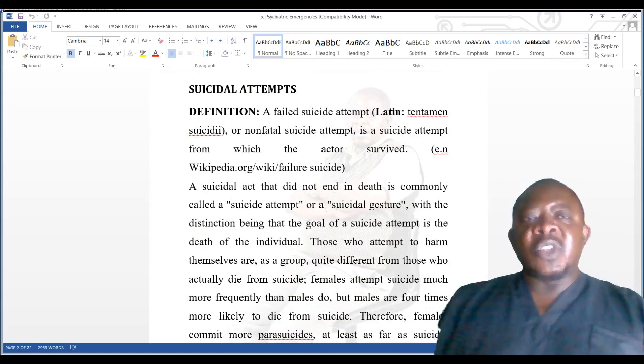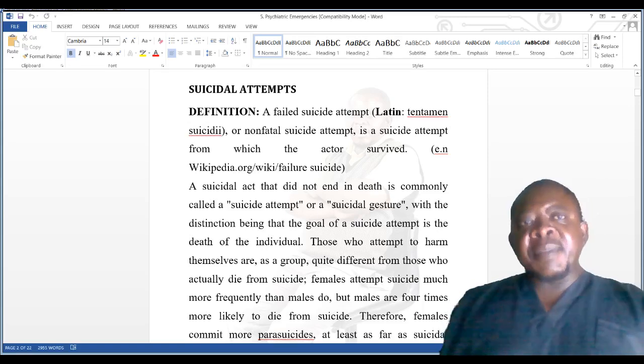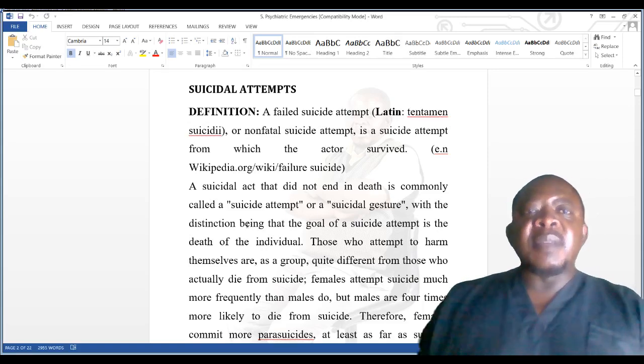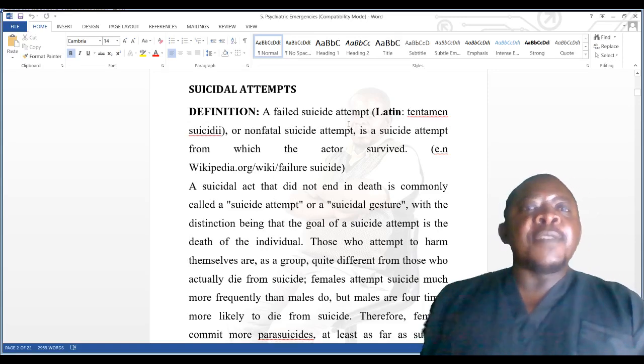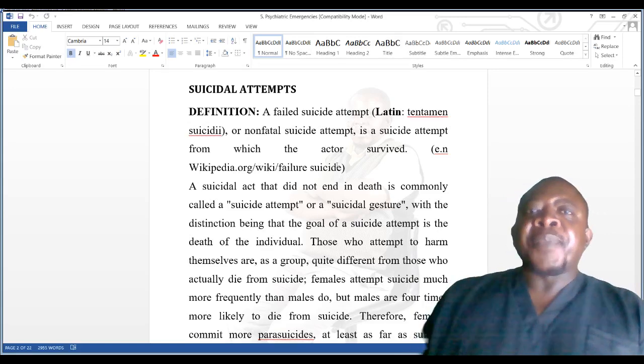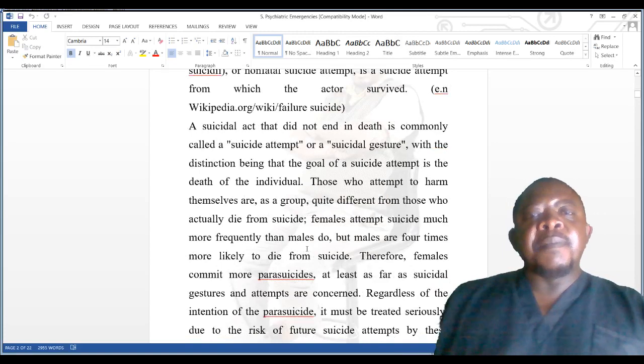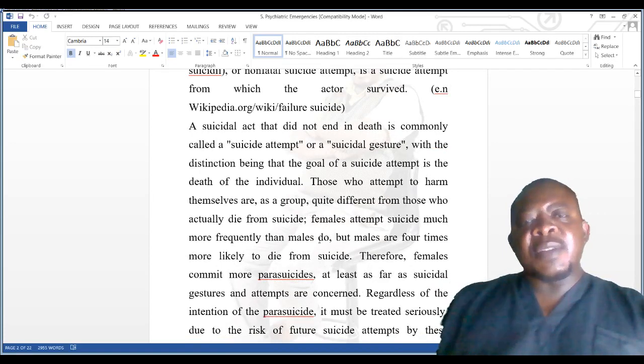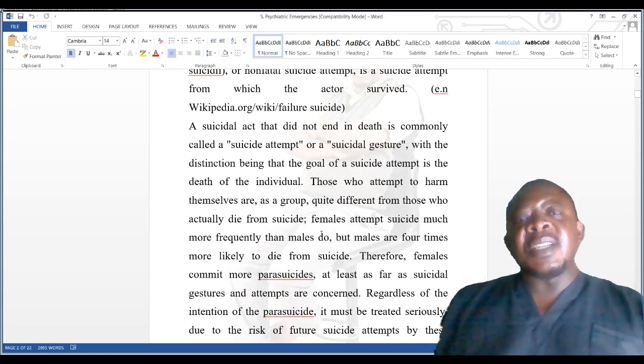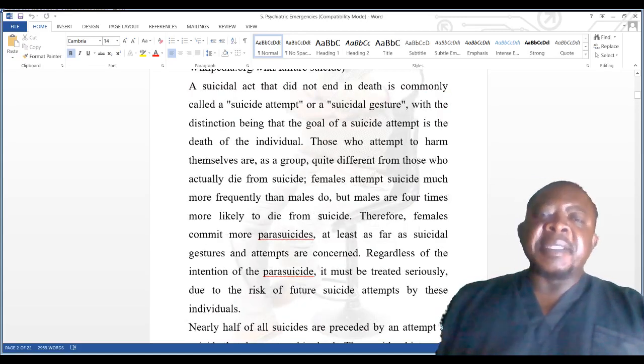So, suicide: self-killing, a person killing themselves. We defined it as suicide, and then also looked at parasuicide, which mostly constitutes risky behavior with no intention of one taking their life, but may end up as a suicidal attempt